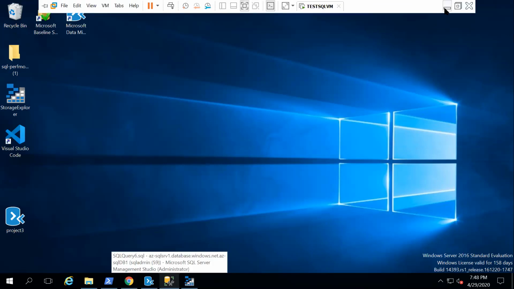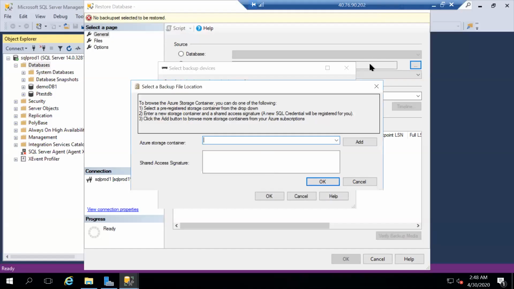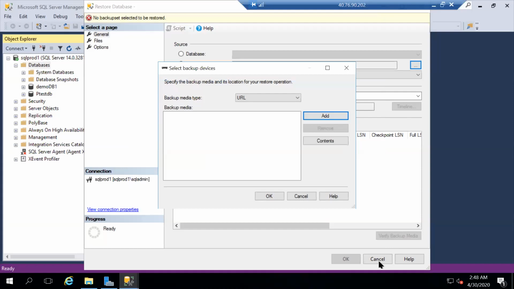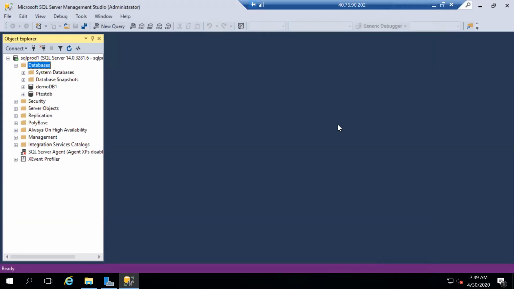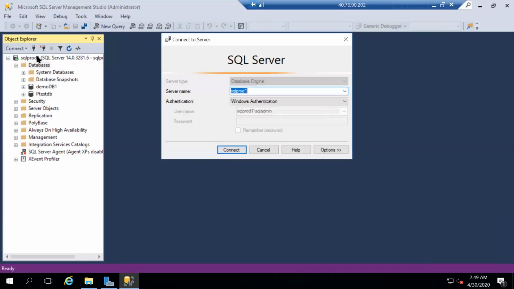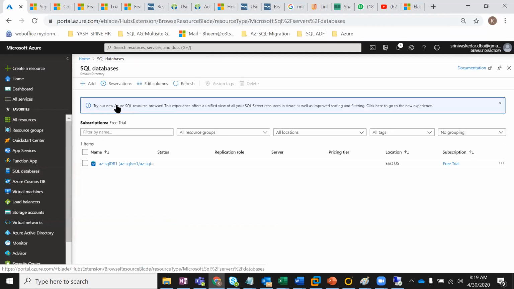I just uploaded my files here, and then I want to go and restore it now. See here, this is all my cloud IaaS instance. The same backup I'll restore into this IaaS SQL Server VM. Okay, SQL Server in Azure VM, and I could even restore to the PaaS instance as well. Yes, I have the PaaS instance over here, SQL database, and take this database.